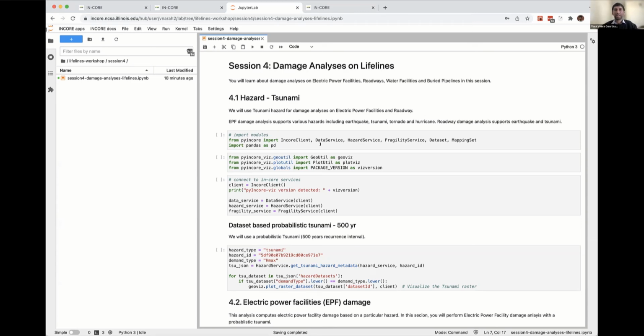So in this session, we'll focus on the damage analysis on Lifelines. We are looking at the electric power facility damage analysis and the same damage analysis. So when I start,